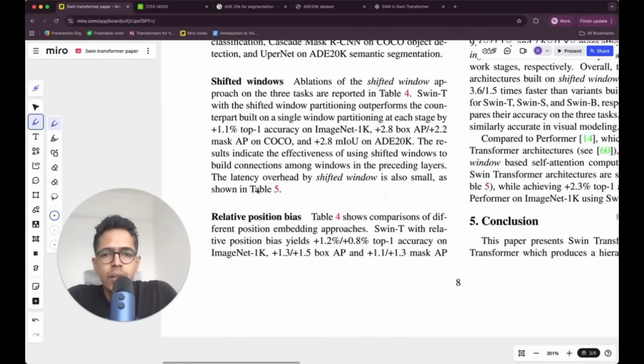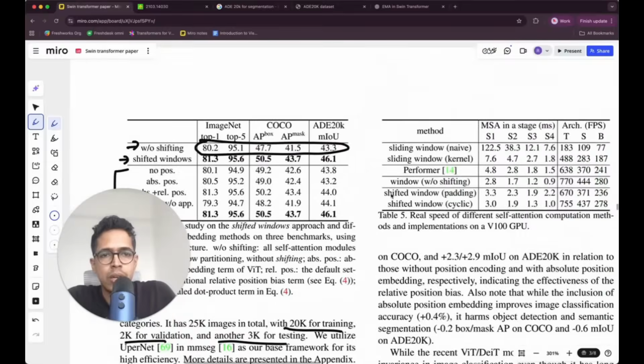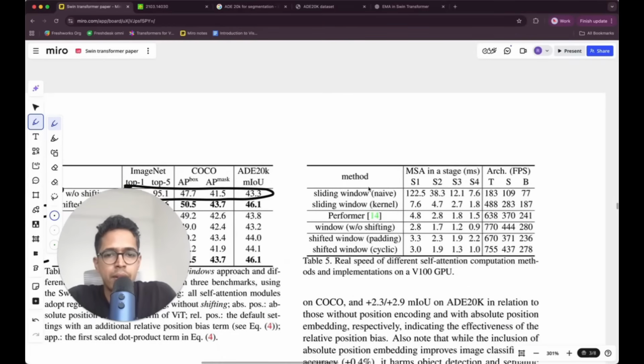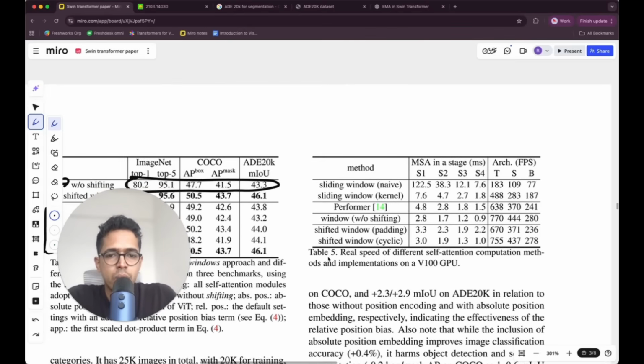The latency overhead by shifted window is small as shown in table 5. So let's see the latency overhead after shifting window. So sliding window has very high latency, as we know. Sliding window is the naive operation, or sliding window was the original operation. Shifting window is the current one, and shifting window has very low latency in terms of milliseconds. That is what this table 5 is. Yeah, shifted window with padding and cyclic shifting window. So padding is the naive operation. Shifting window with cyclic,